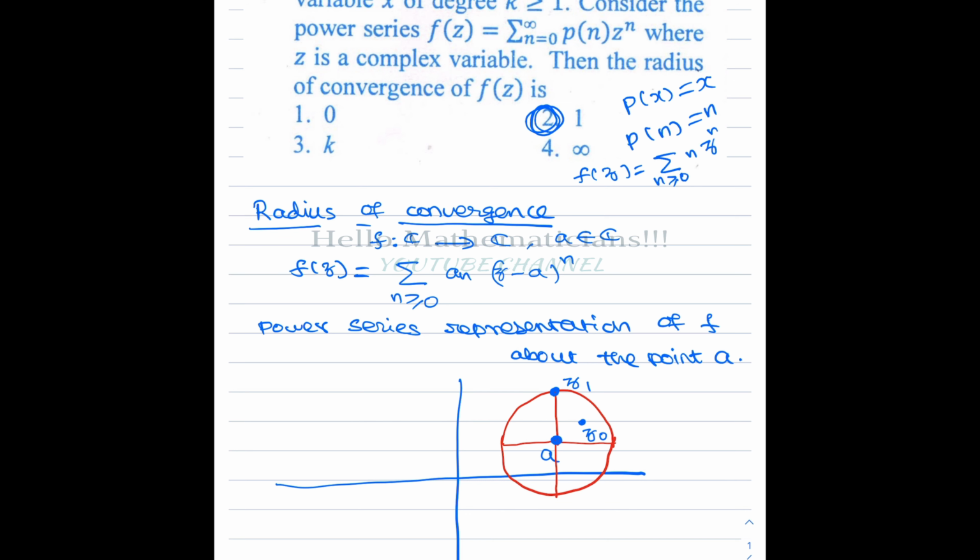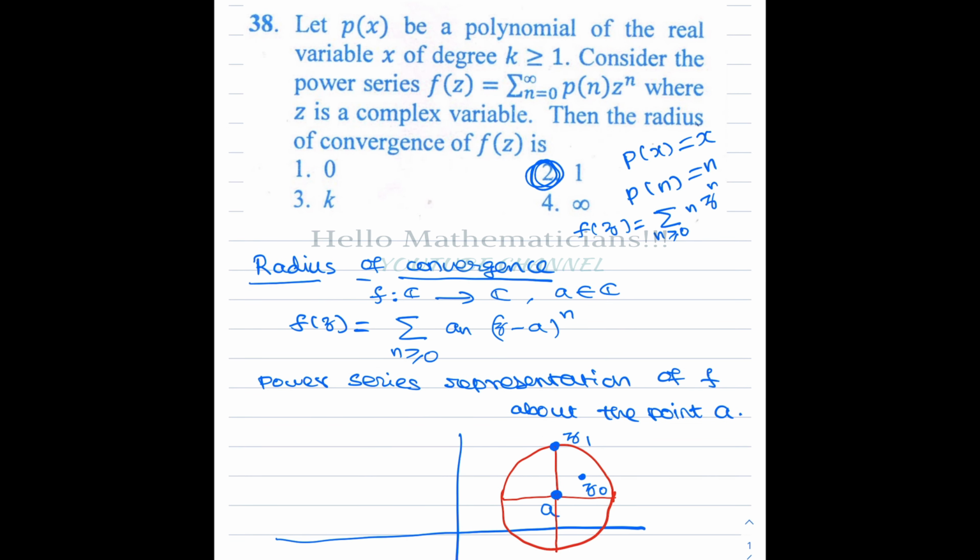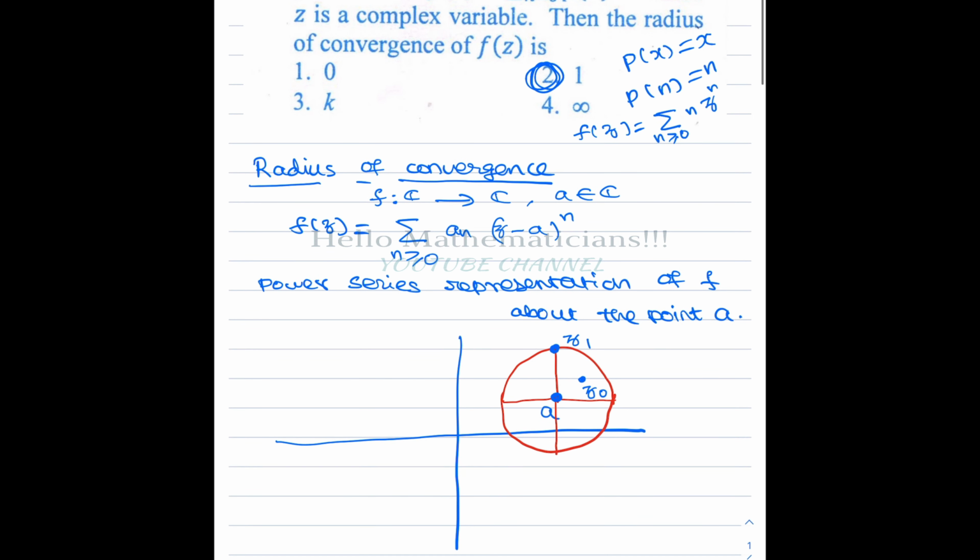But again, you have to know the concept. What is happening here, what is radius of convergence, so that any other question regarding complex power series and radius of convergence you should also be able to answer. So we'll see what a radius of convergence is first.